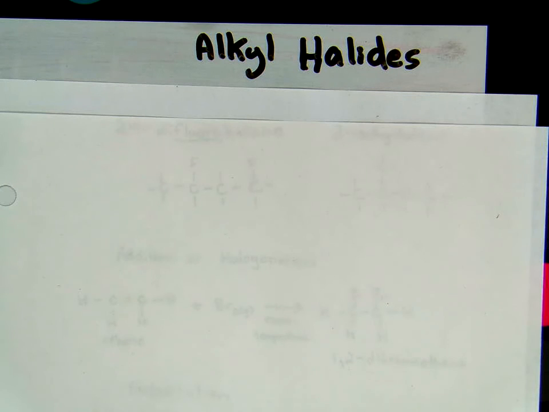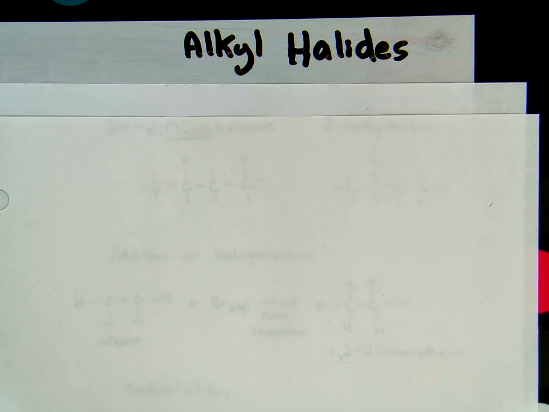I'm here to talk to you about an organic compound family called the alkyl halides. The alkyl halides are a group of compounds that include many common products like Freon and Teflon, and some more dangerous products like mustard gas and DDT. They are a compound of carbon and hydrogen, where one or more of the hydrogen atoms have been replaced by